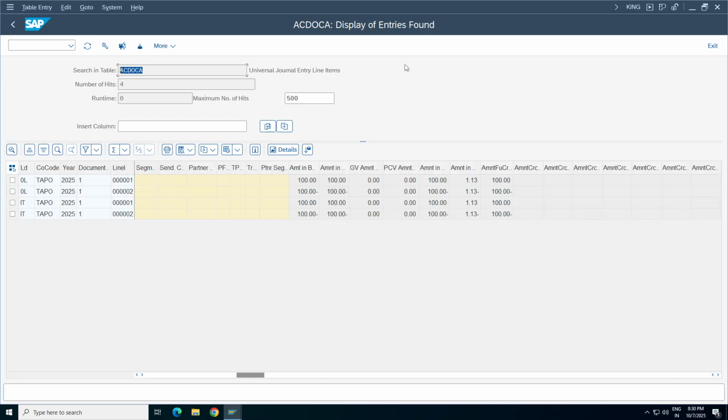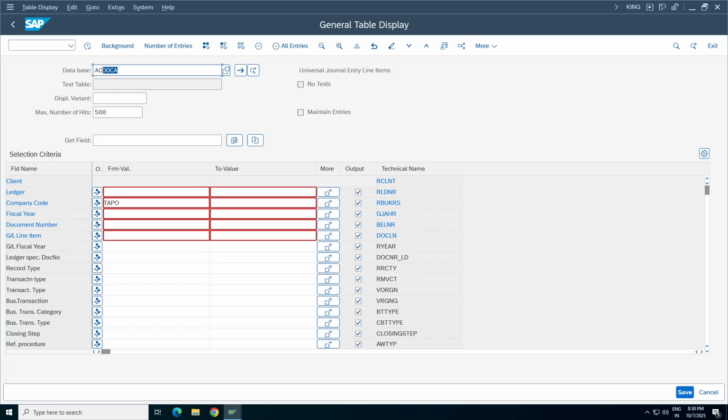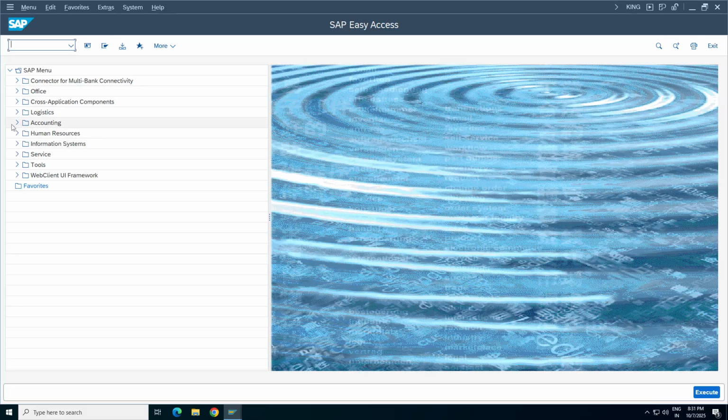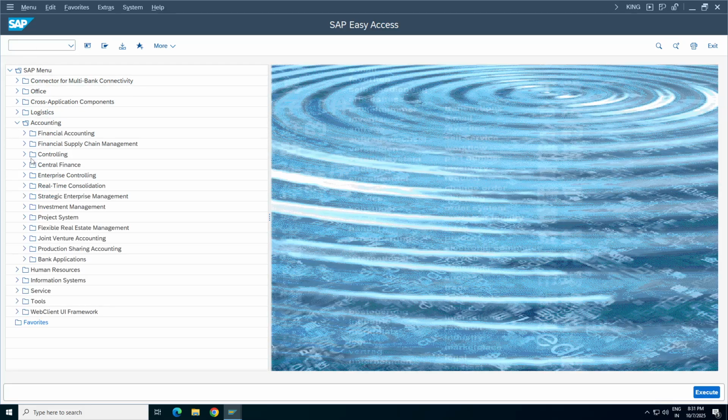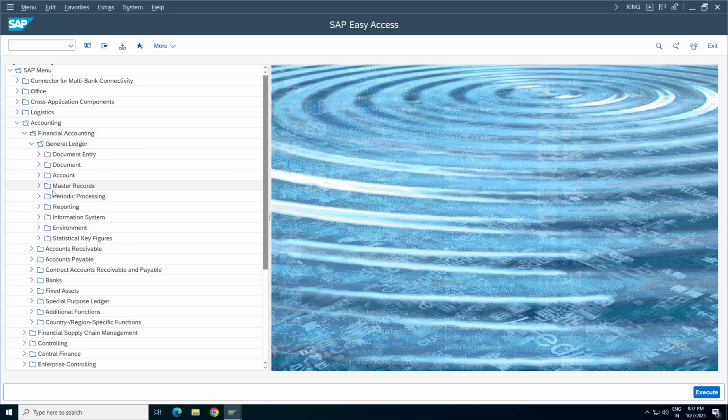So in the ACDOCA table, you can see all the line items. So we had seen two tables, one is BKPF and ACDOCA. Now this is something we have access to, not the users. Users will always use reports. So there is a report under accounting, financial accounting, GL accounting,